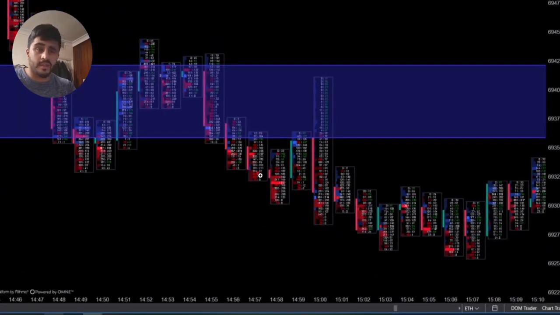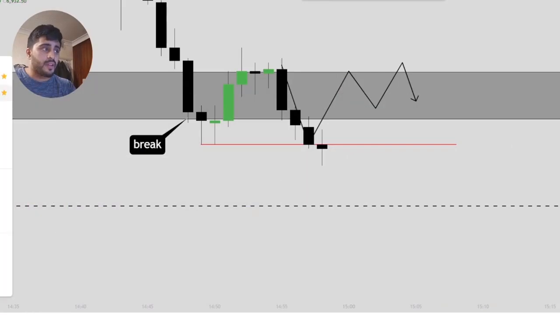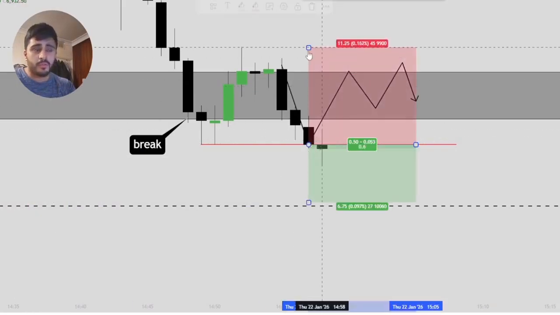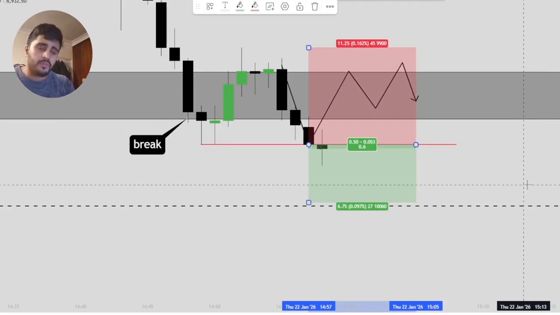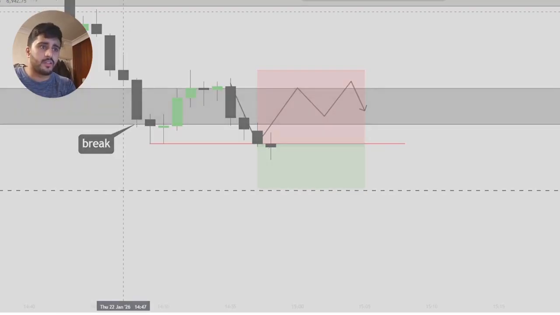So my entry was at 69.32.75. So there was my entry there. Now, for me, this is a valid short, right? And I'm going to break down why. I have my stop above here. And another thing I want to go through is my targets, right? How do I choose my targets in the market? So what I do is I go to the 15-minute time